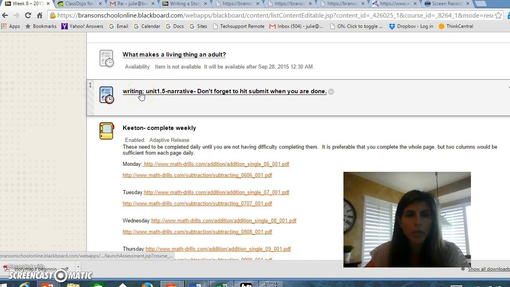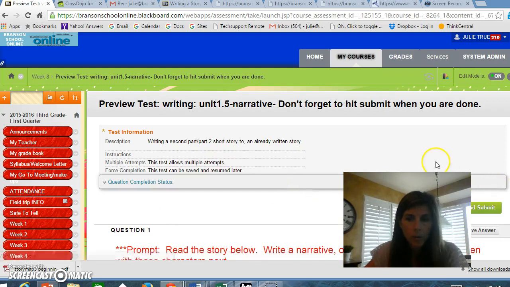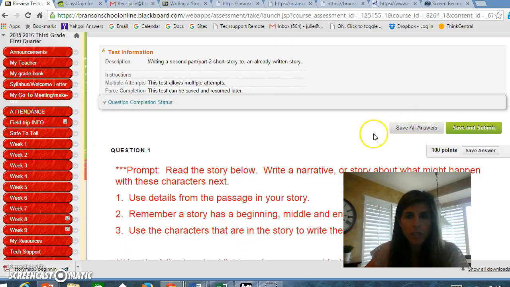So you will be entering your assignment into Blackboard again. So you can open it, remember, as many times as you want, and remember that you can just, when you do start typing, hit Save All Answers, and then when you are completely done, kids are forgetting to hit Save and Submit, because I cannot see them unless you hit Save and Submit. All right,